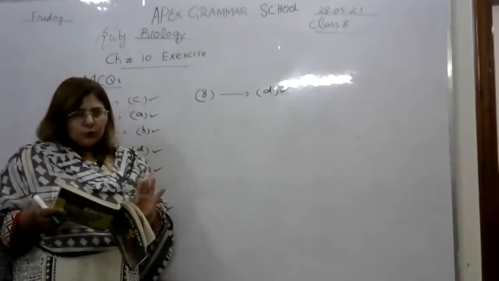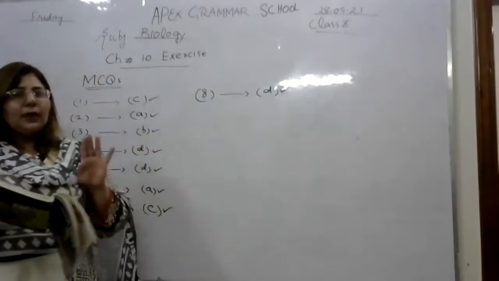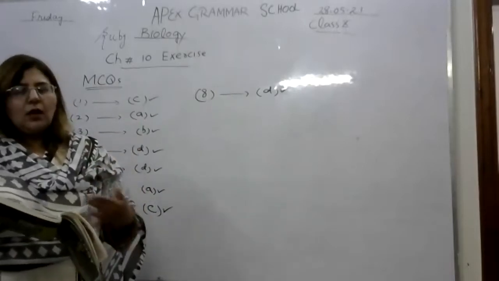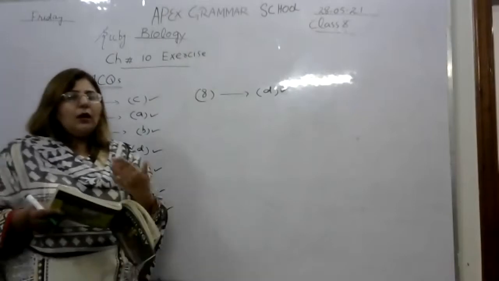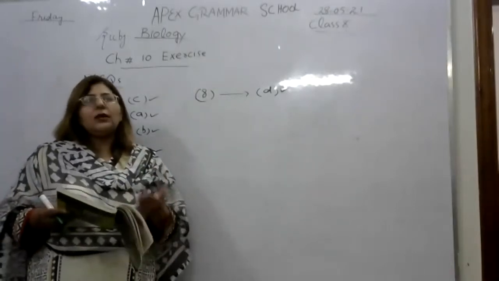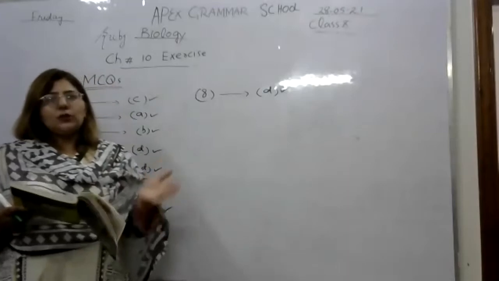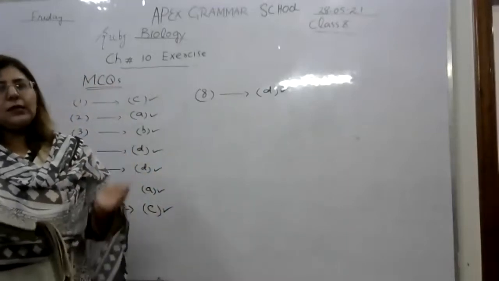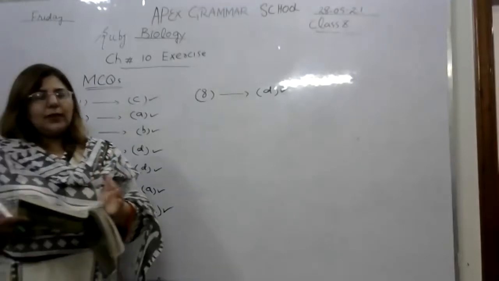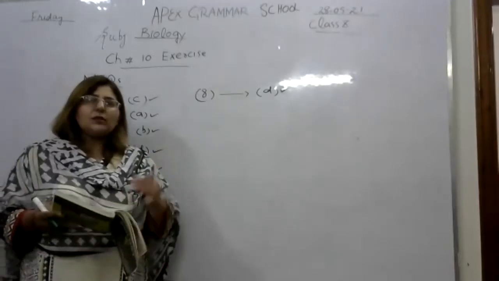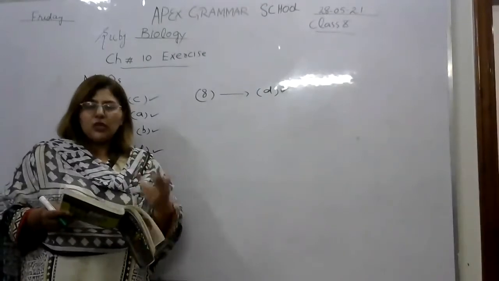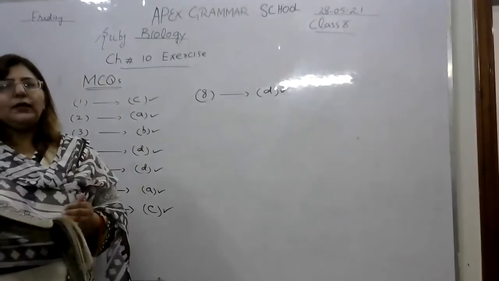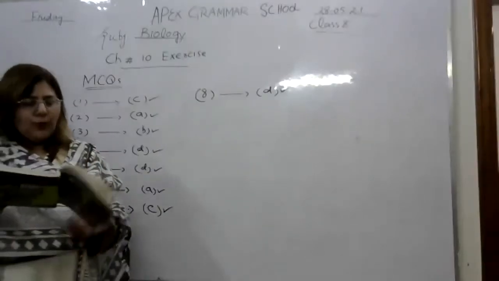First, it produces mucus, which stops the dust particles, and secondly, it changes the temperature of the air, because we all know our optimum body temperature is 37 degrees centigrade, but in your surroundings, air can be very hot, air can be very cold. But when this air enters our nasal cavity through the nostril, the function of the nasal cavity is to change the temperature of that air according to our body temperature. Keep these things in your mind.